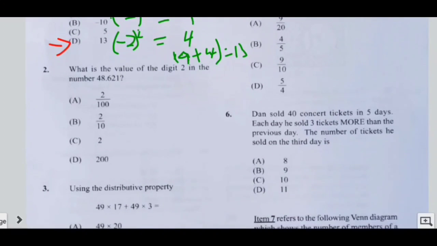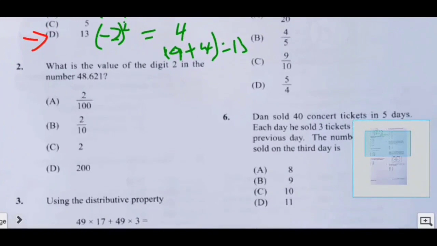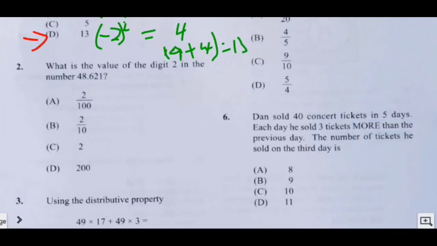Moving on to question 2. It says, what is the value of the digit 2 in the number 48.621? If we know our place value, we know that everything after the decimal goes up in tenths. So we have 4, we have our 8, we have our decimal point is going to be there,